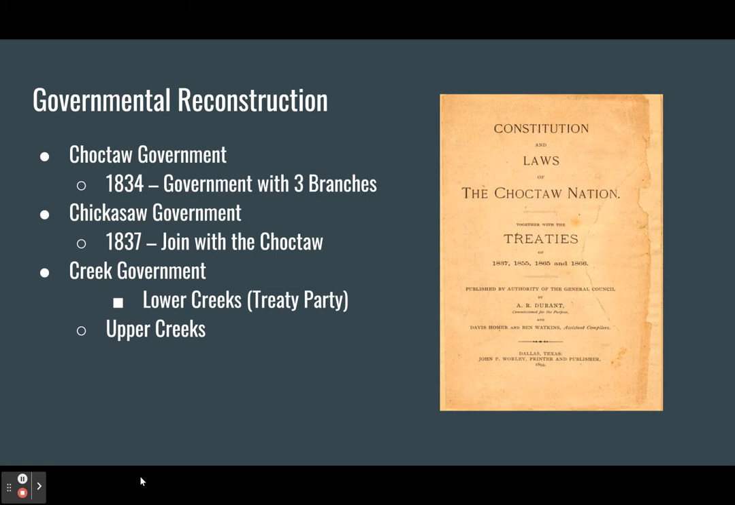The first written constitution for the Creek government is written in 1859. So it's not for another 20 years after the Upper Creeks arrive in Indian Territory that a constitution is written. And it's really sort of reflective of the division that still exists within the Creek tribe. That's the thing. The fact that a national constitution or a tribal constitution is not written until 1859 is reflective